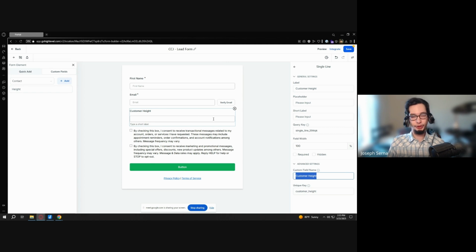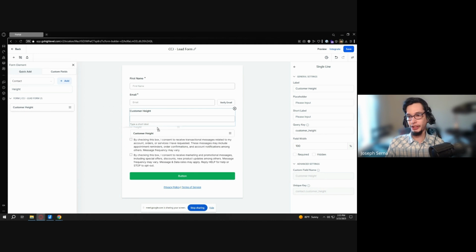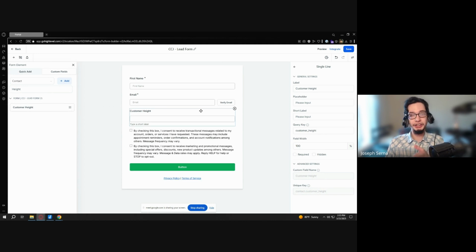Okay, maybe because we didn't save it, but there we go. So then we can have this there again as well, or in another form. But you have to make sure that, let's say you mess up and you want to make a second one, it will give you an error, because if you make another one, right,